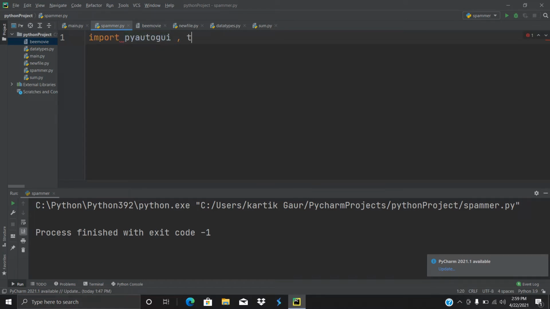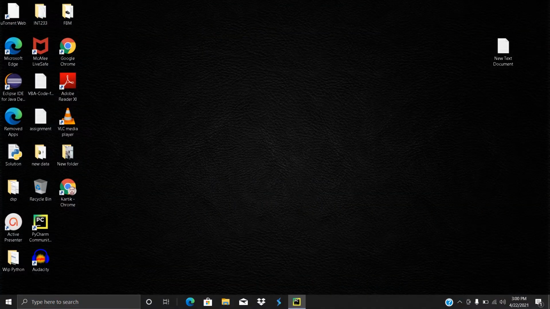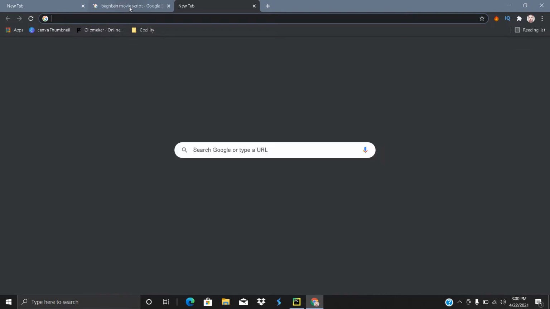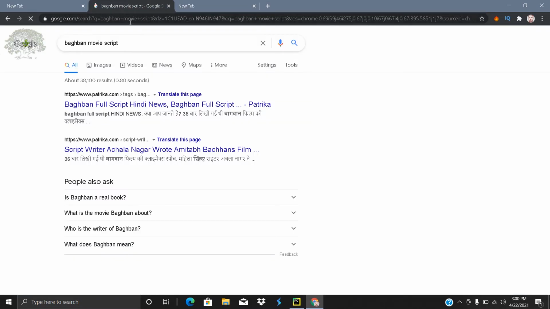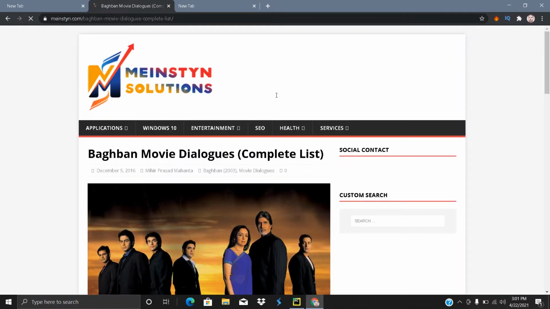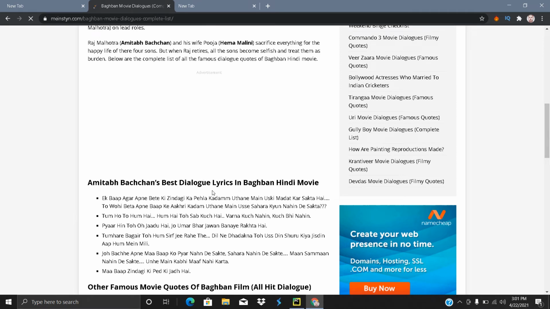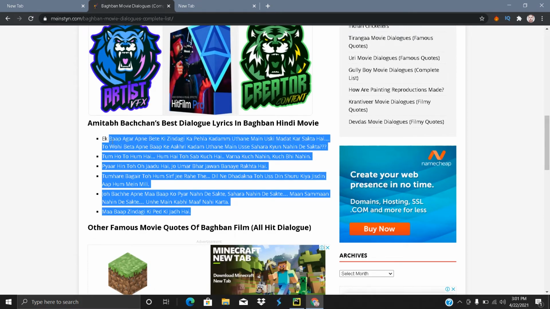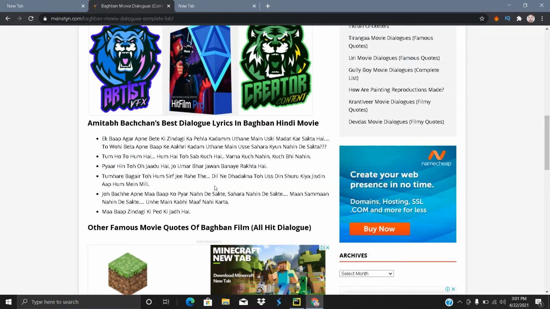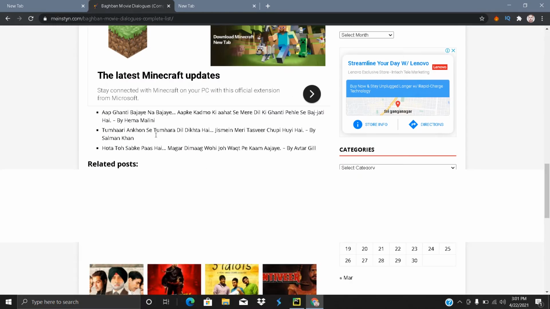PyAutoGUI and the time library. After that you need to simply make a file here. For that I have already created a bmovie file. Suppose you want to create a file: go to the browser, and here you type Batman movie script, or any movie script that you want. After that, copy and paste these dialogues to a text file. So copy these